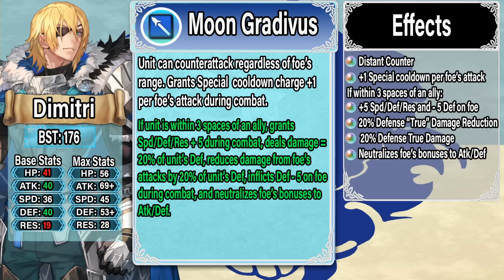Even at max investment, he's looking at like 28 resistance, which isn't much. Now the true defense damage reduction will reduce that damage, which is really nice and awesome. And he's also going to get the defense-based damage reduction from Blue Lion's rule, which will help. But even so, I'm not sure if it's going to be enough to let him be like a really powerful